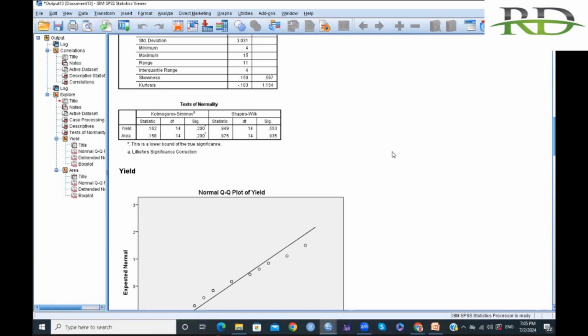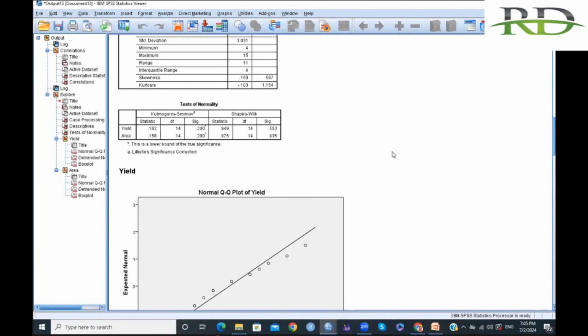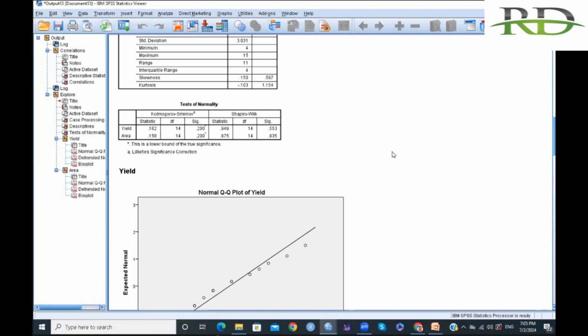भाई नॉर्मली डिस्ट्रीब्यूटेड तो है ही, अगर हम टी पे जा रहे हैं, दैट इज द प्राइमरी रिक्वायरमेंट। उसके बाद देखते हैं कि दो ग्रुप में वेदर द टू ग्रुप्स आर बियरिंग सेम वेरिएंस आर नॉट। एक ग्रुप में बहुत ज्यादा नंबर्स में वेरिएशन है, एक क्लास है जिसमें बच्चों के नंबर्स में बहुत ज्यादा वेरिएशन नहीं है, एक है जिसमें बहुत ज्यादा, कोई फेल भी हो रहा है, कोई टॉप भी कर रहा है, कोई बहुत कम नंबर पा रहा है, कोई ज्यादा पा रहा है, देयर इज नो कंसिस्टेंसी। तो इस तरीके को वेरिएंस चेक करने के लिए हम लोग ये नॉट इक्वल वेरिएंस वाला चेक करके चलेंगे।